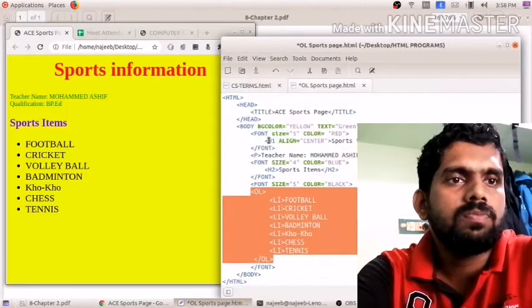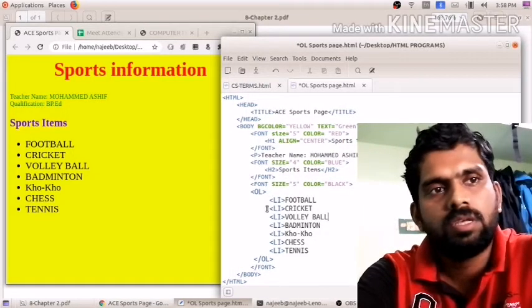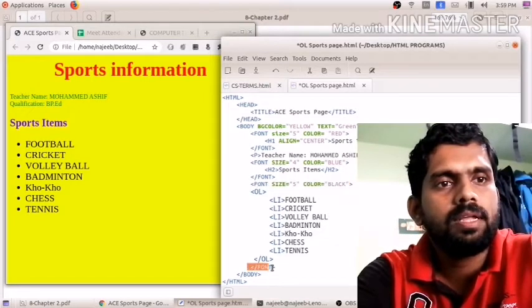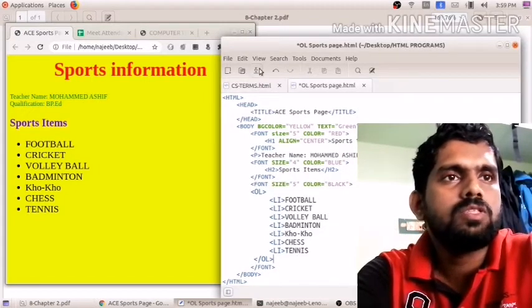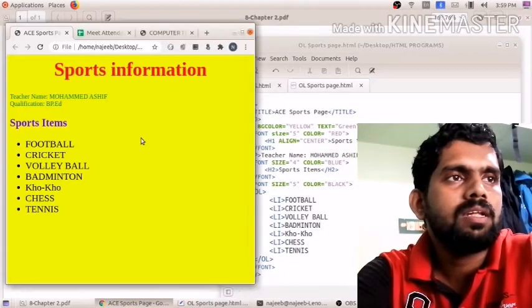Its font size is 5, color is black. Then I am saving this document. Okay, saved. Then reload the same page. You see the web page.